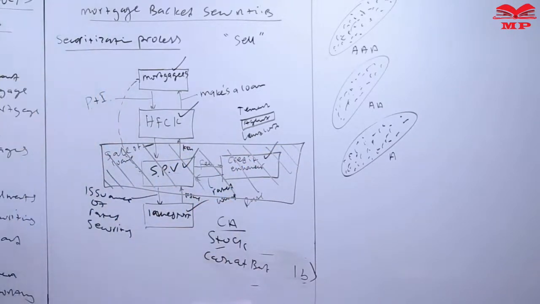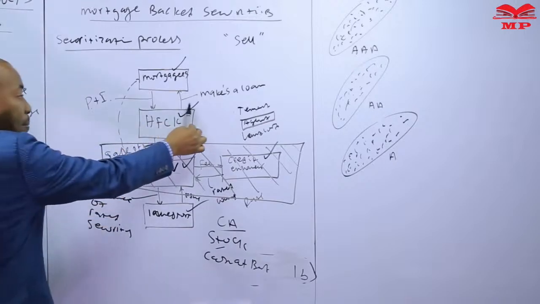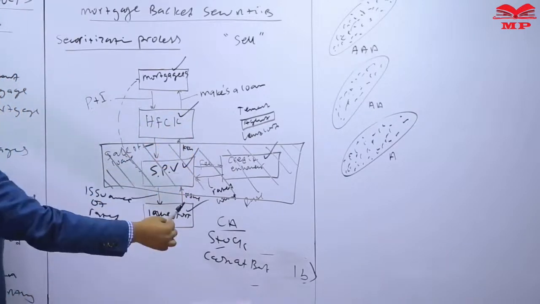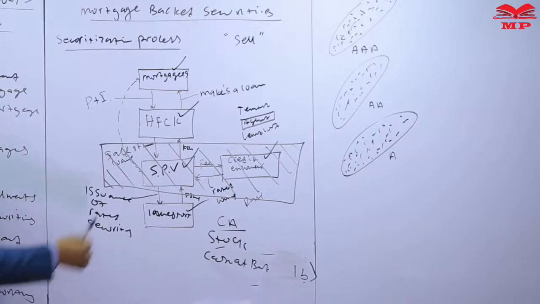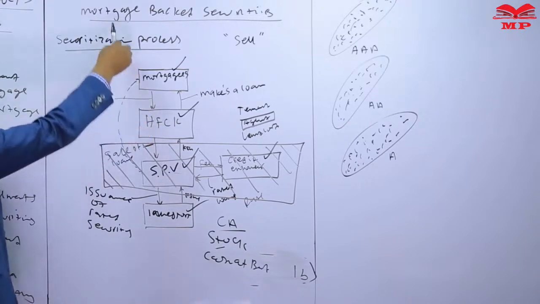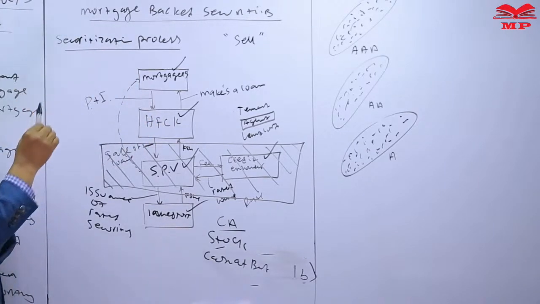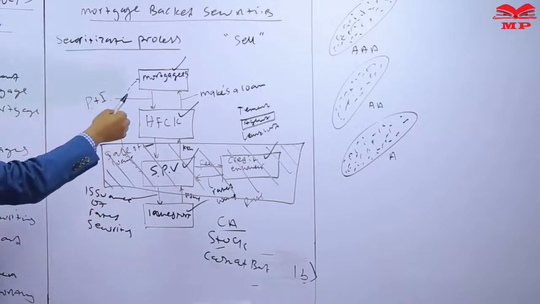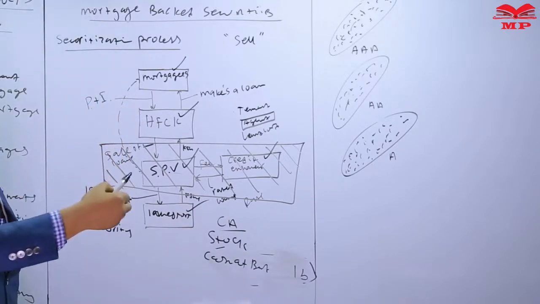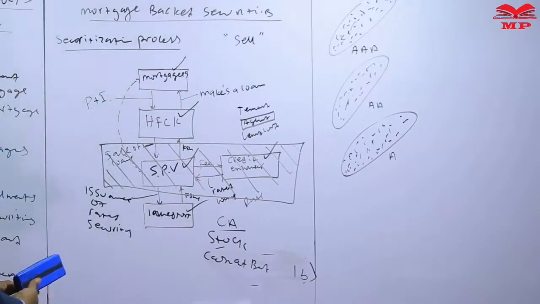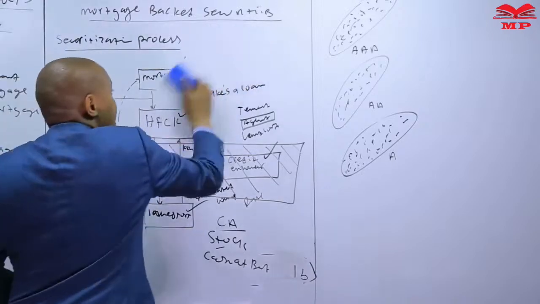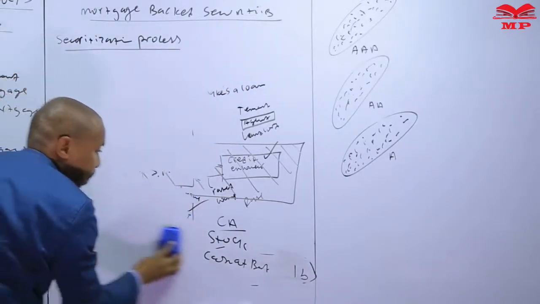This can be HFCK, it can be savings and loans, a subdivision or a division of KCB group, and that is also related to mortgages or institutions that issue mortgages, so that you can have that relationship between mortgagee and mortgagor arrangement there. That is how the securitization process takes place. So I can be able to explain now here